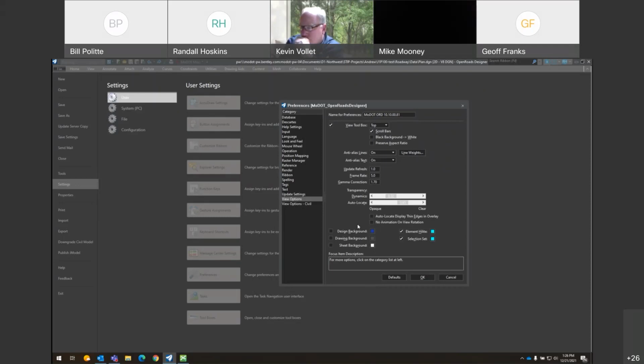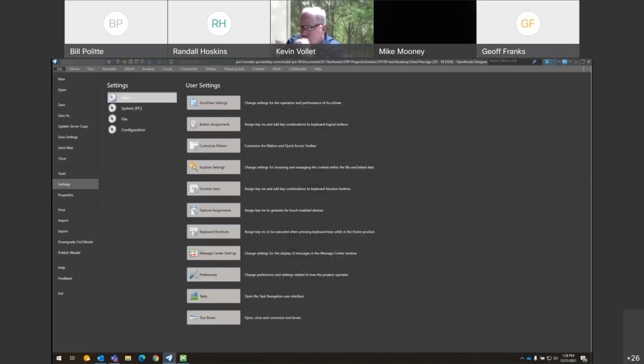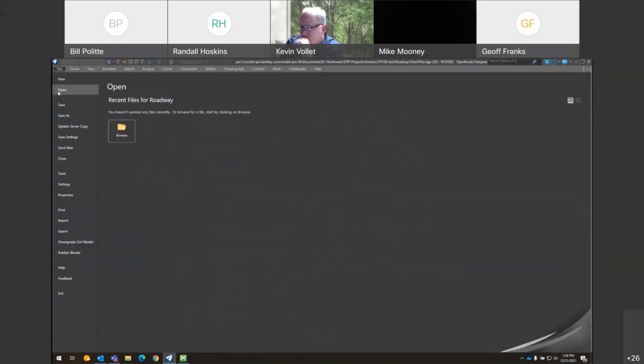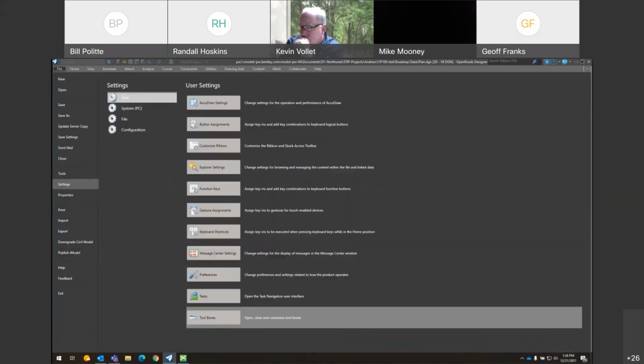It won't take effect until you check it on, because I think I changed my design background to blue. Until I check it on and hit OK, I think if I go back, now my background's blue. So these are all just user settings if you guys want to go in. Once you get ORD, I'll show you where some of those are.